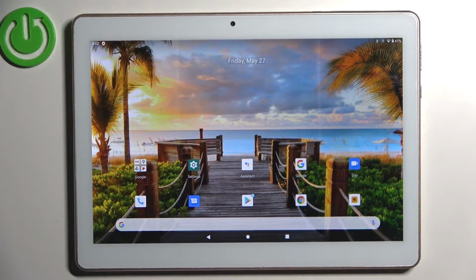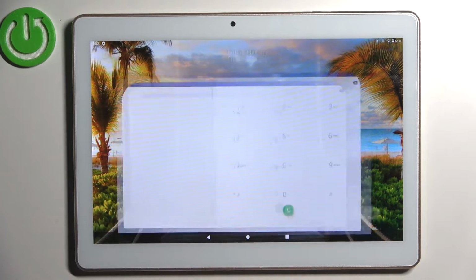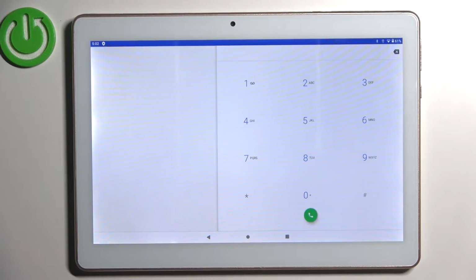Hi everyone, in front of me I've got TOSCIDO X109 and let me share with you how to use secret codes on this device. So first of all we have to open the dialer because this is the place where we can enter all of those codes, and let me begin with the shortest one and probably the most known, and the code is